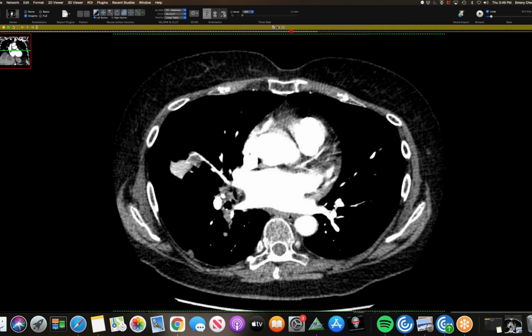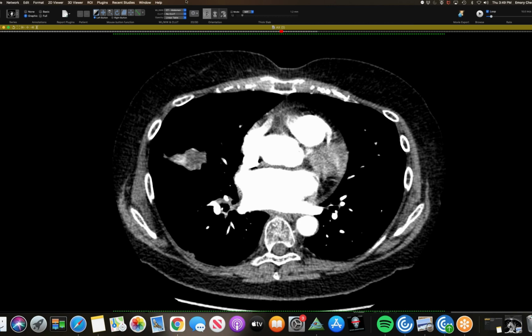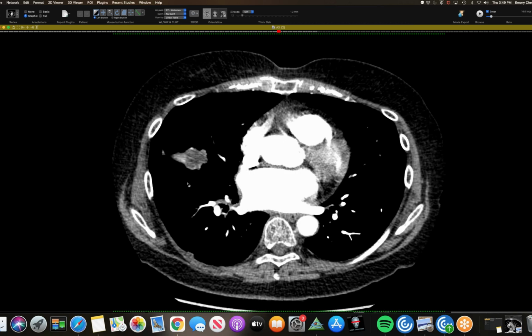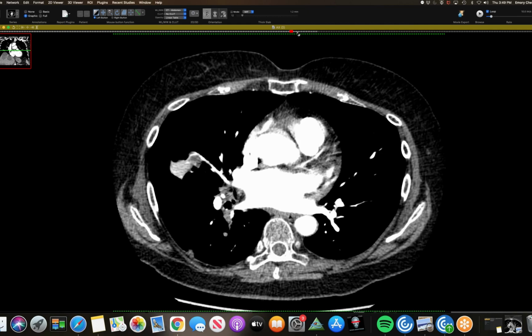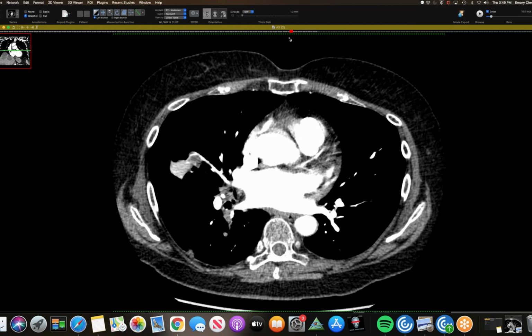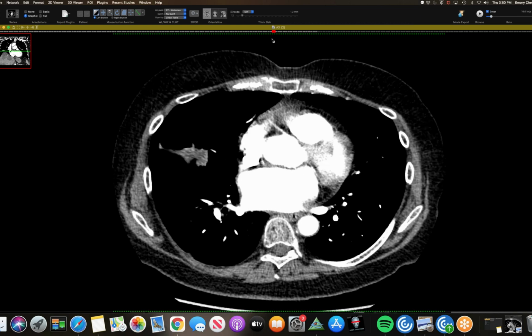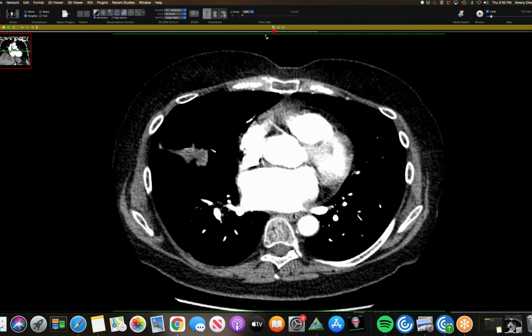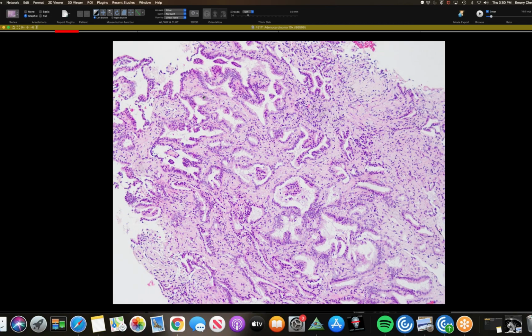Oh, okay. This one was kind of an interesting case. So here's a new airspace opacity in this patient, and you can kind of see the low density, or low attenuation, here, right? So I liked this for a lipoid pneumonia, and that's what I called it. But just to be sure, I said consider getting a transbronchial biopsy,